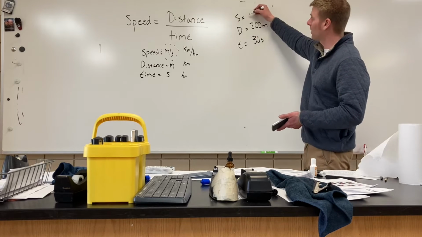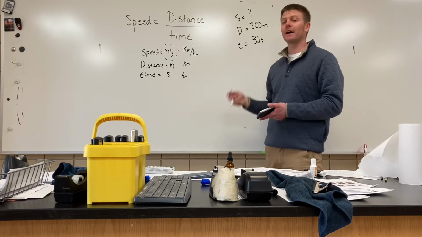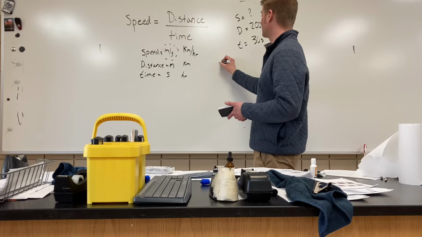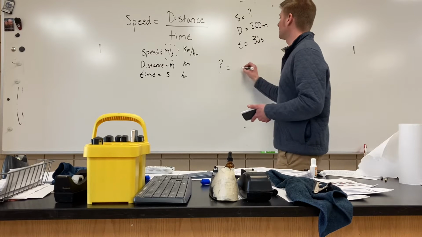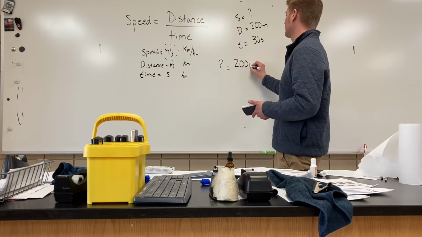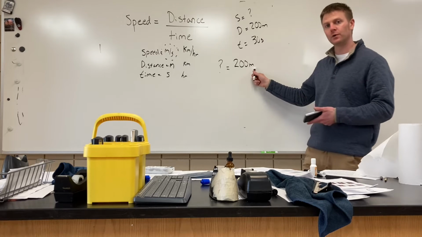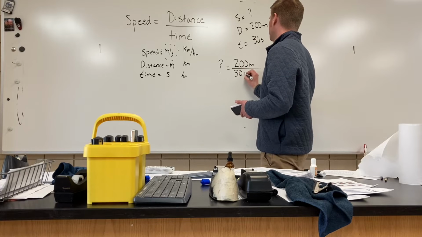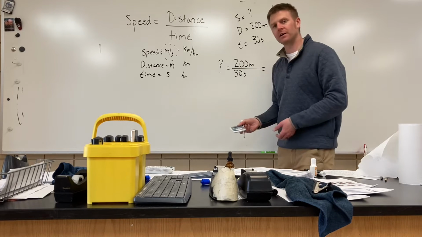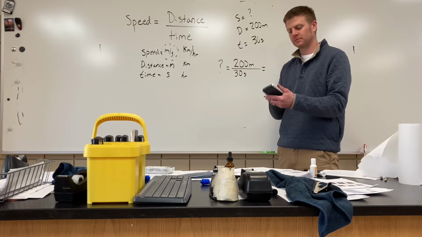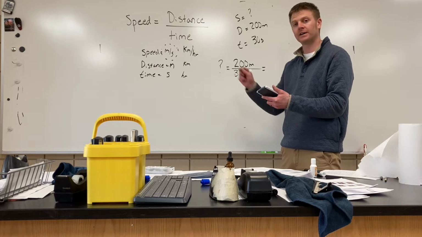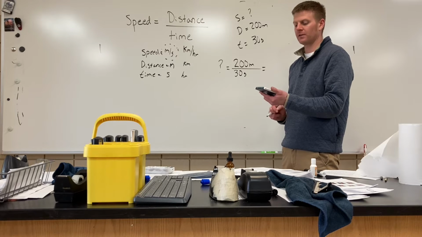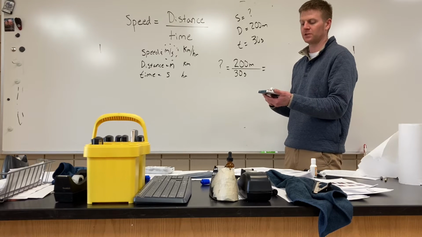So we are going to be solving for our speed, so it's just a matter of substituting into our equation. We don't know what our speed is, that's our unknown. Our distance is 200 meters, and it's important to carry your units through here. And then our time is 30 seconds. So if you don't have a calculator, go grab one in a non-disruptive fashion. So 200 divided by 30 gives us an answer of 6.66 repeating, so I'm just going to round it to